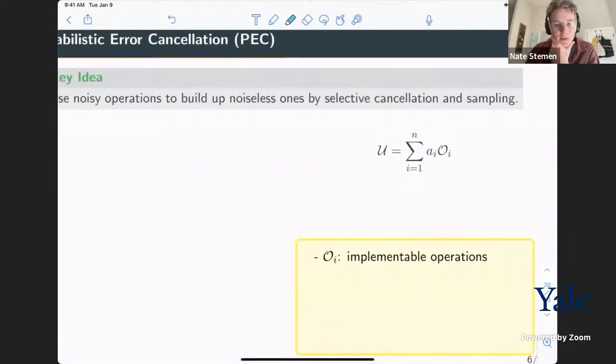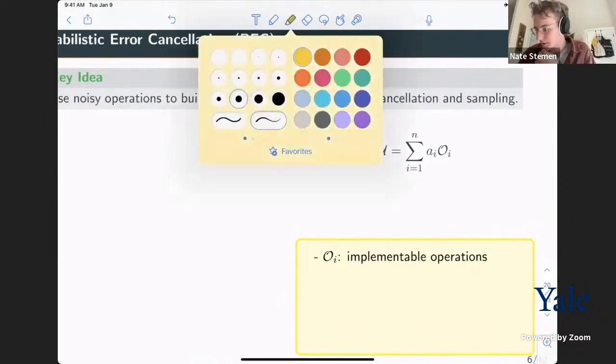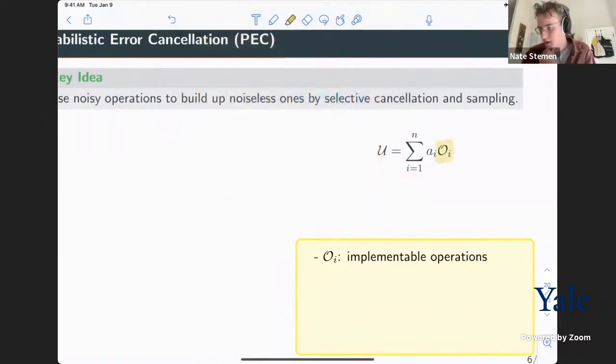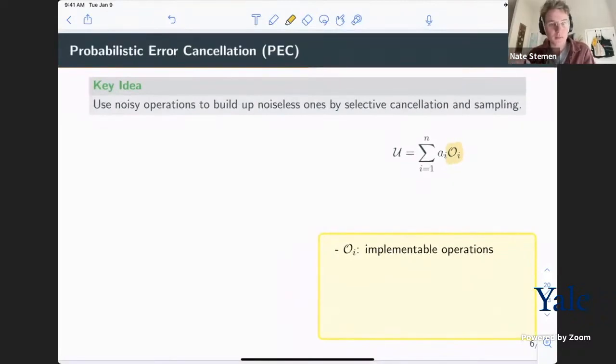Let's say you have some unitary U that you want to perform on your computer, but all the things that you can do on your quantum computer are these O sub i's. And so you can ask, is there a mathematical way where I can create a linear combination of these O sub i's to sum up to U? And if the answer is yes, which hopefully it should be, because you should have a universal set of operations available on your hardware,